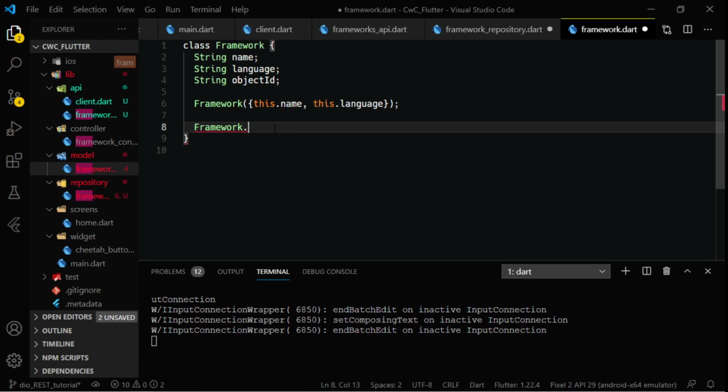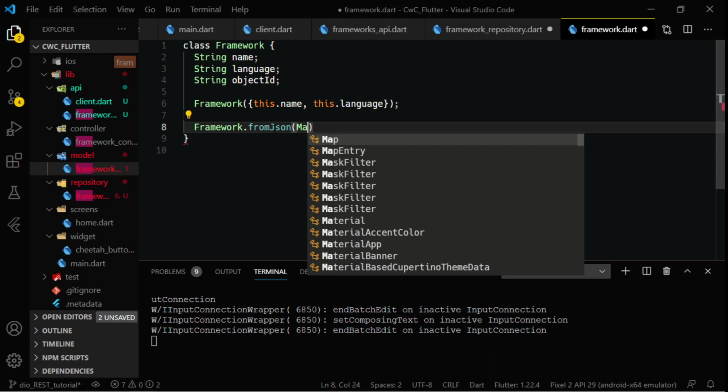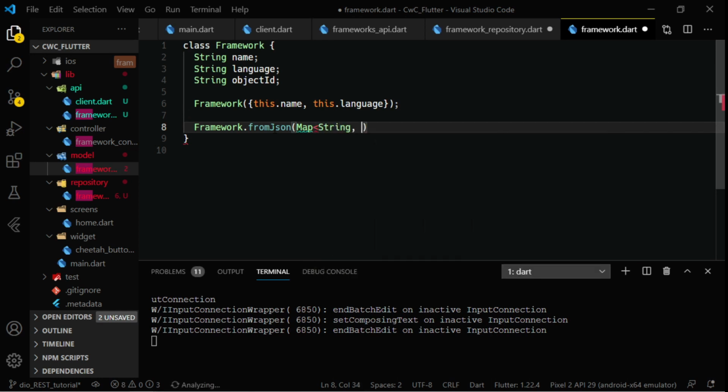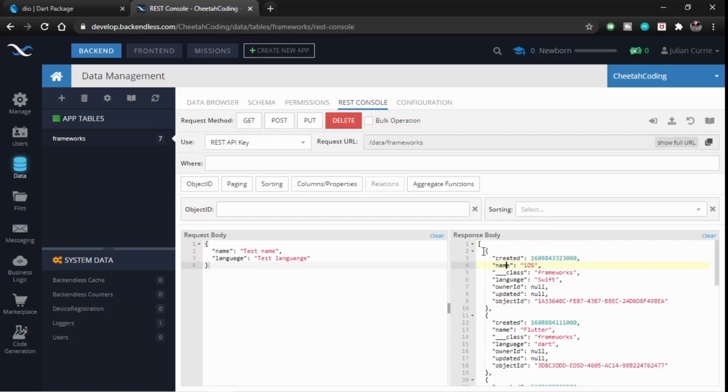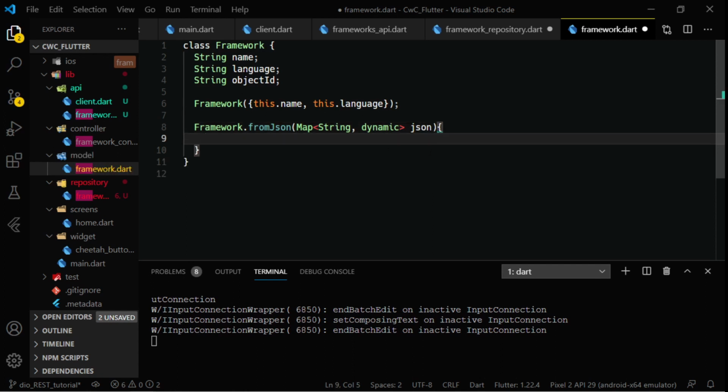So I'm going to call this from JSON. So this will be used to map our JSON object to a framework object. So we're going to pass in the map string dynamic JSON. So this map string dynamic represents these objects here. So we don't know what type of object this is, but we always know that it's a map with a string key. Okay, so we pass in that JSON object here, and then I'm going to map those values to the framework